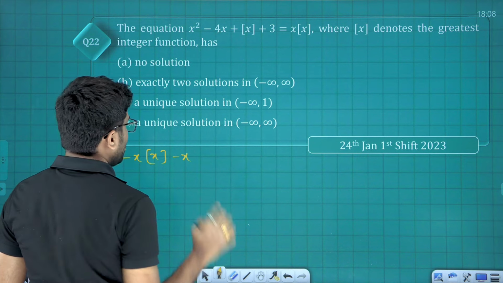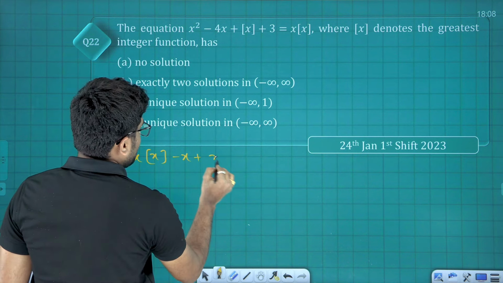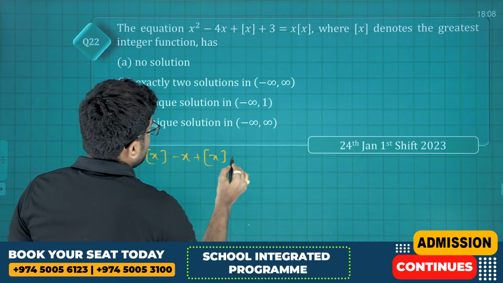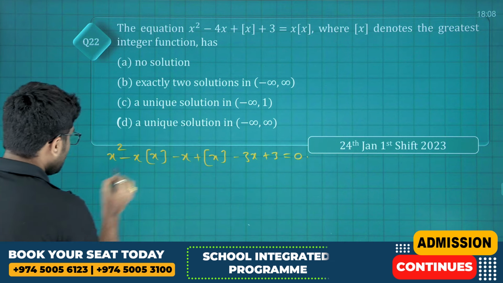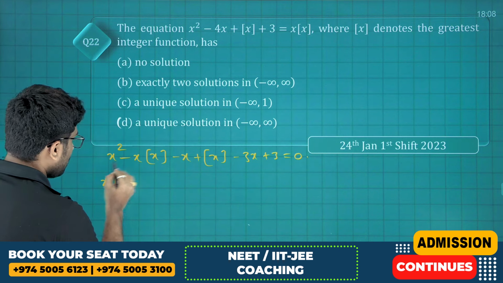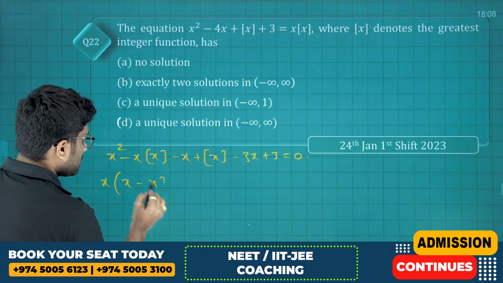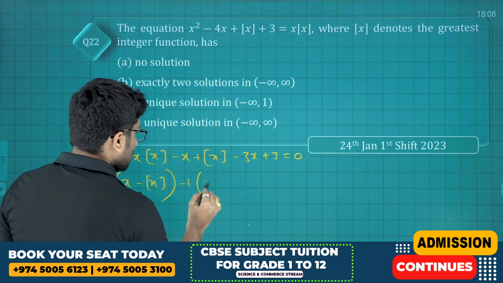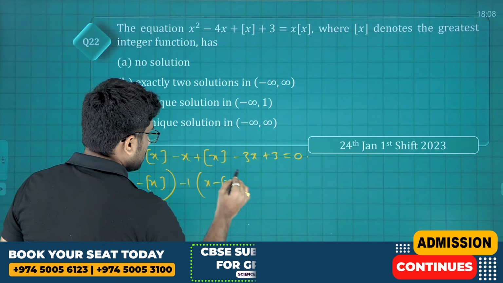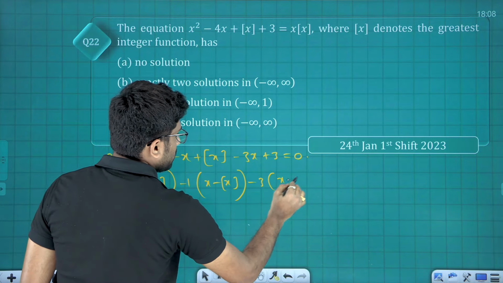From minus 4x, I am doing minus x plus floor of x, we have minus 3x plus 3 is equal to 0. From these two I have taken x common, so x minus floor of x. From these two I have taken minus 1 common, x minus floor of x, minus 3 common, x minus 1 is